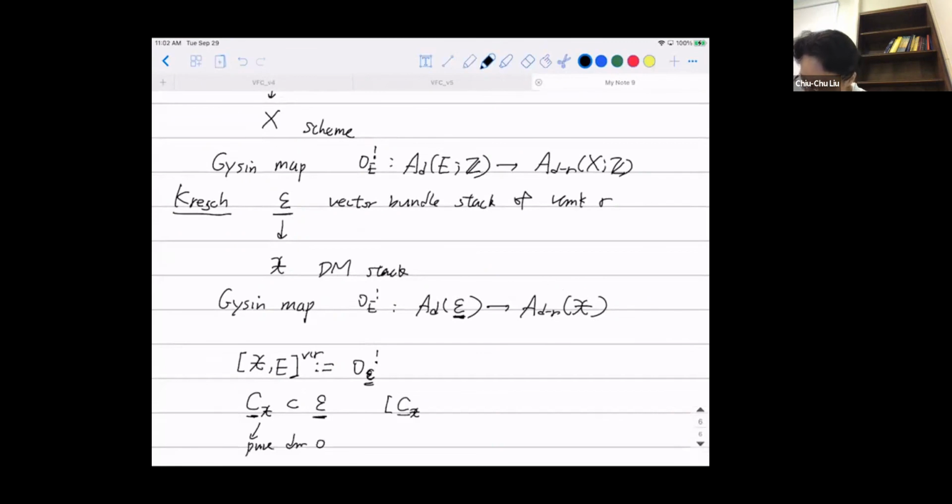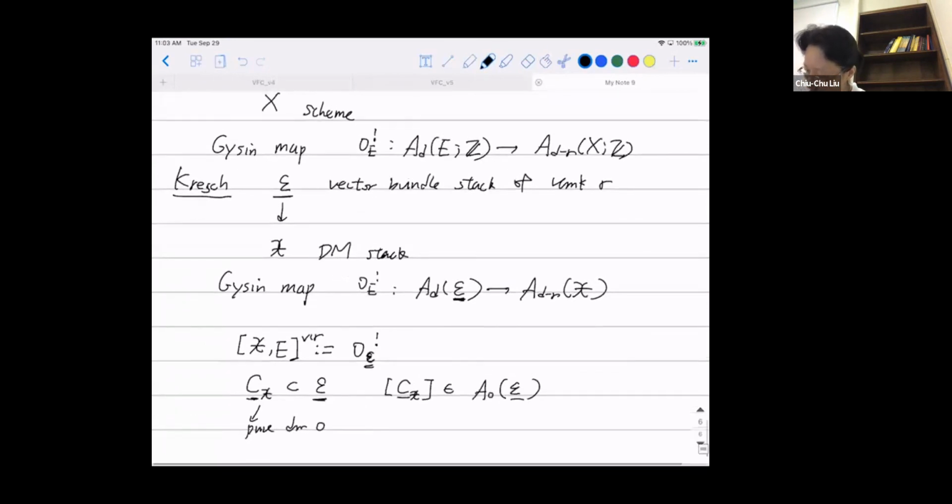It defines an element in the zeroth Chow group of this vector bundle stack. Now this has rank minus the virtual dimension. We get